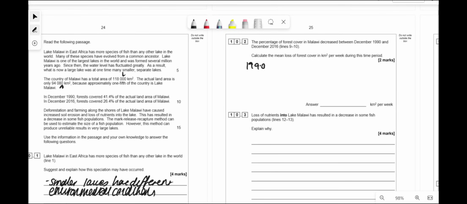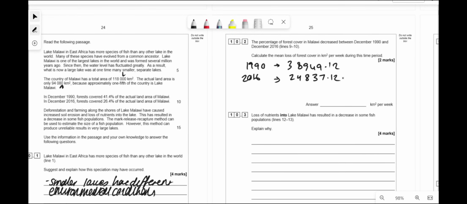So 1990 and then 2016. So we need to work out the actual values. So you would do 0.414 times that and then 0.264. So 0.414 times 94,080 gives you 38,949.12, and then you do the same for the 2016, which is going to be 26.4%, so 0.264, and that gives you